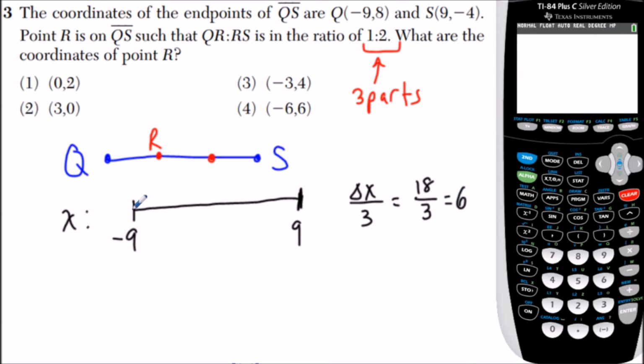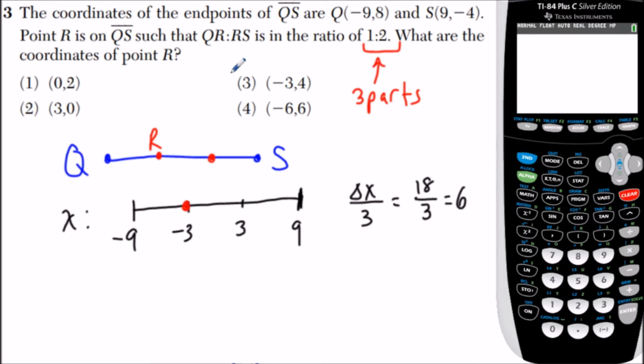So what I mean by that is if we do -9 plus 6, -9 plus 6 is -3, and then -3 plus 6 is +3, and then 3 plus 6 brings us to 9. So that would break the distance in the x's into 3 equal parts. But remember, R is going to be located at this location, because this breaks it into a ratio of 1